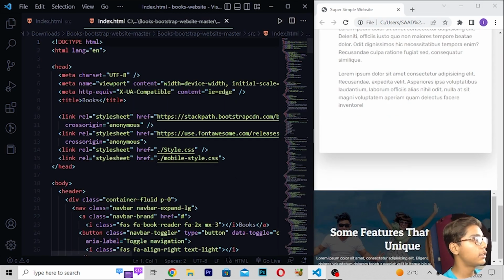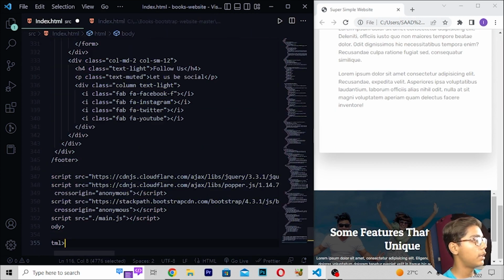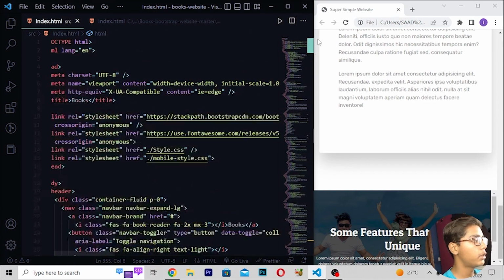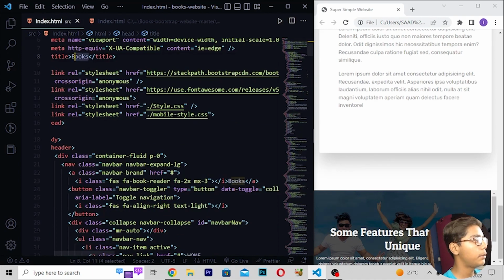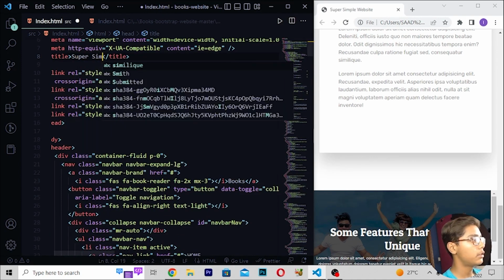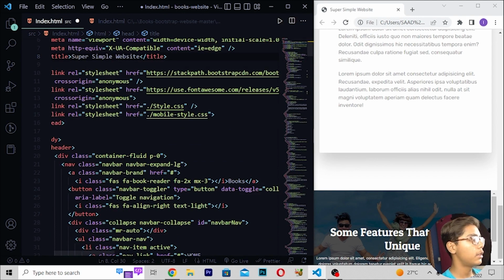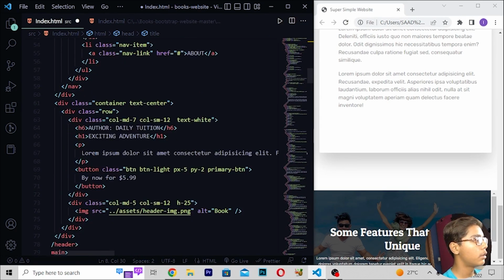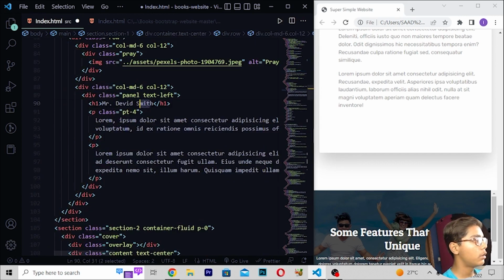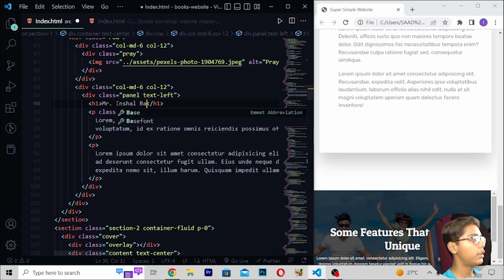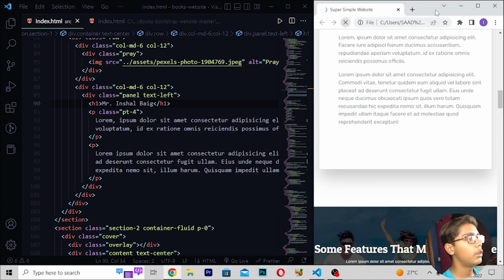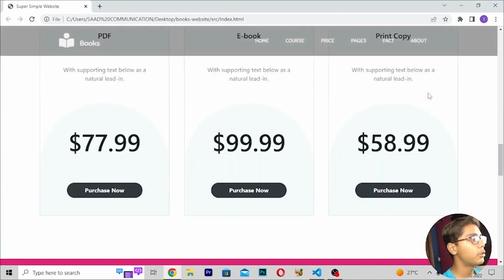Now when you're just getting this, here we have to just do one thing. Here I will be now just doing one thing, I'll be moving at the top, then here I will be changing the title to simple website, like this. Then here I'll be moving, and then here you have to erase, and then you have to write like this. Then you have to move down, then you have to just write here again the name. So here I'll be now writing this, then you have to save this, reload. Now if I show you, you can see this is our project here which we have built.